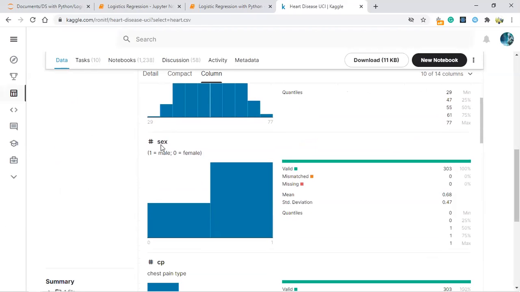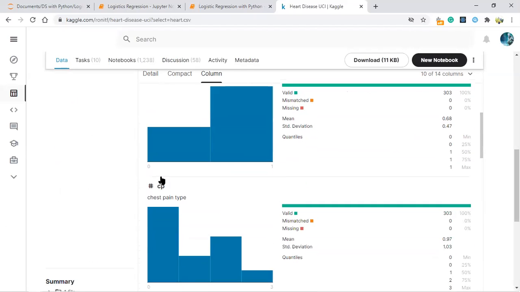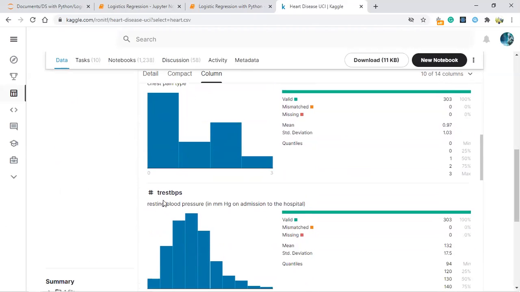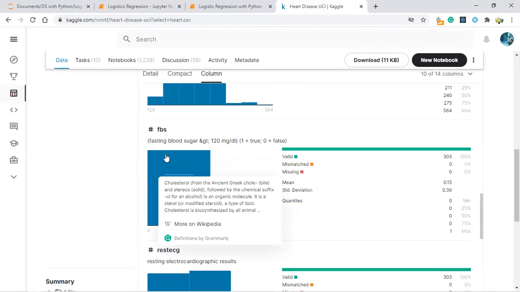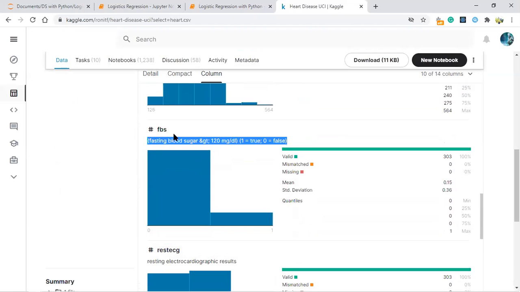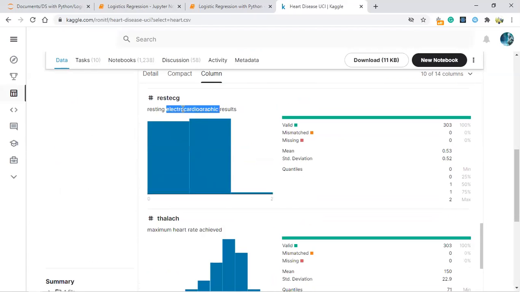Okay, so age and male, so gender: 1 means male, 0 means female. CP means chest pain type. Then blood pressure, then cholesterol, and then blood sugar, where 1 means true, 0 means false, and then the electrocardiographic result.